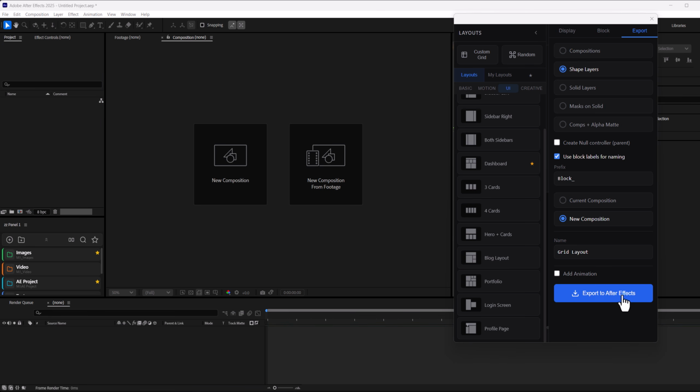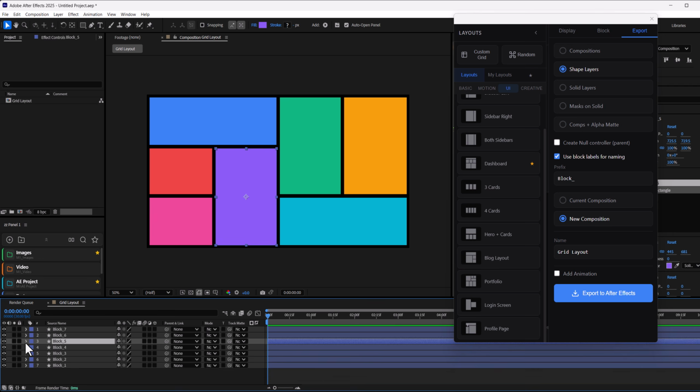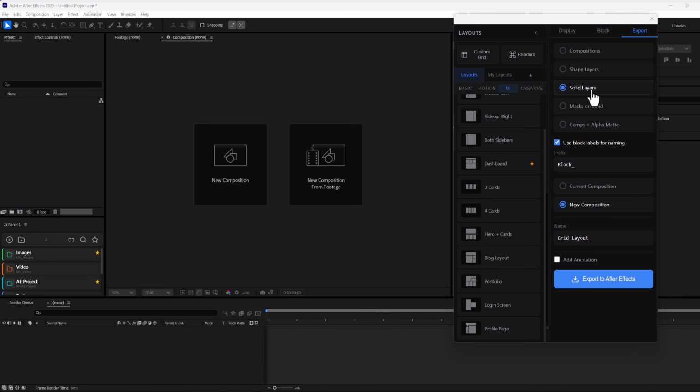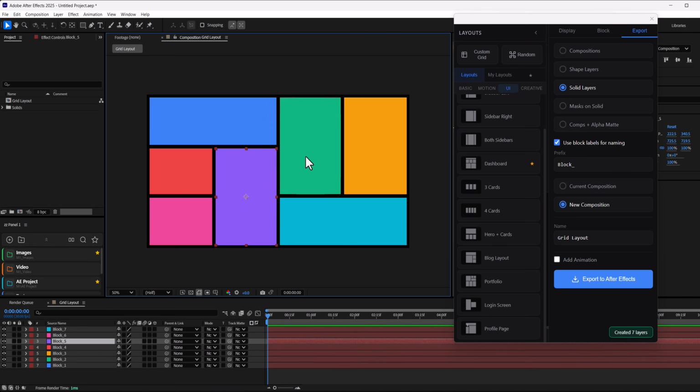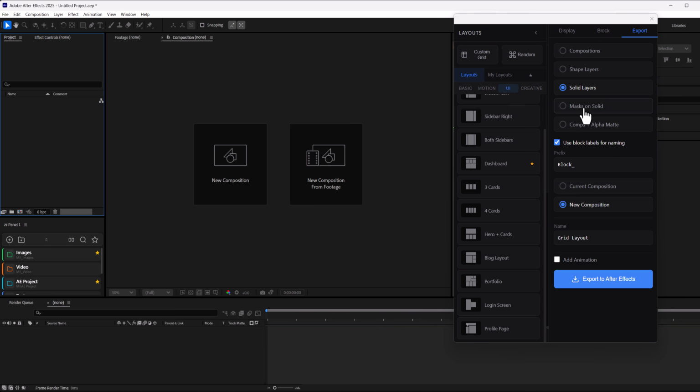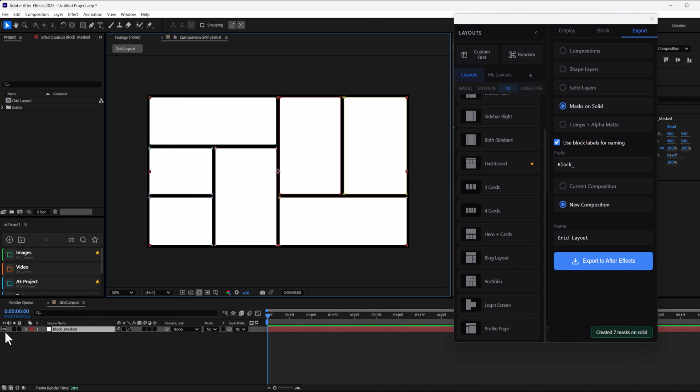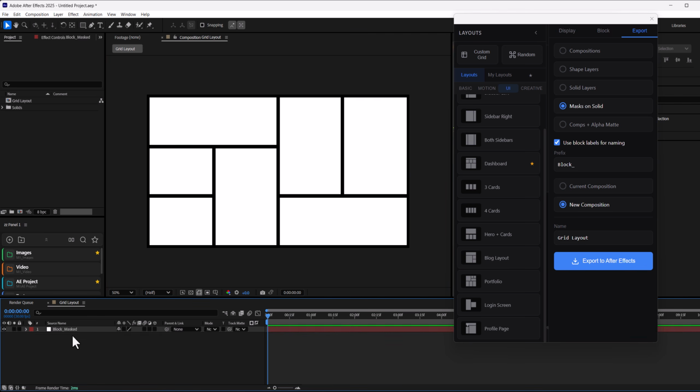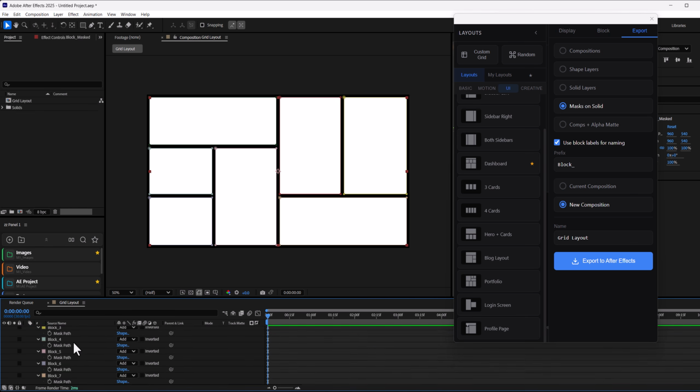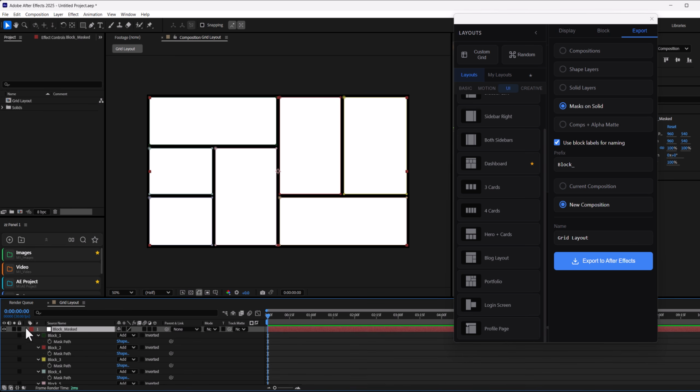Next is shape layers. Does exactly what it says on the tin. Then solid layers. Let me fire that one off. Now here comes masks on solid, and look at that! After exporting, it wraps each block in its own mask and stacks all of them onto one single solid layer,